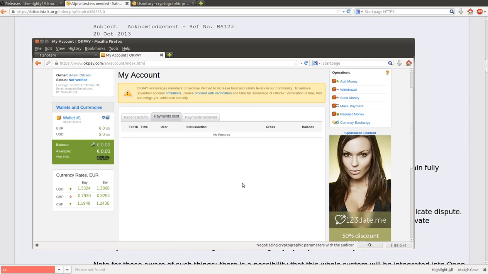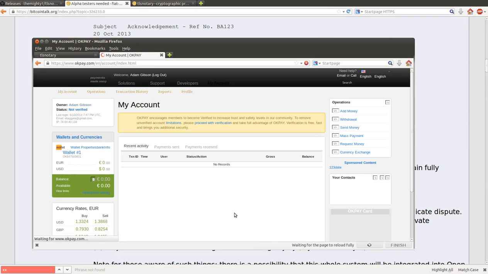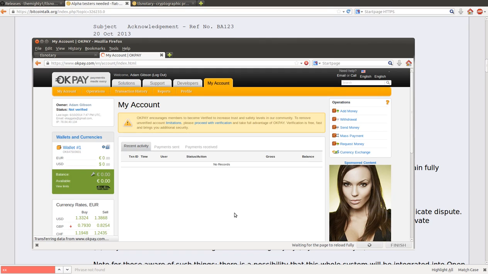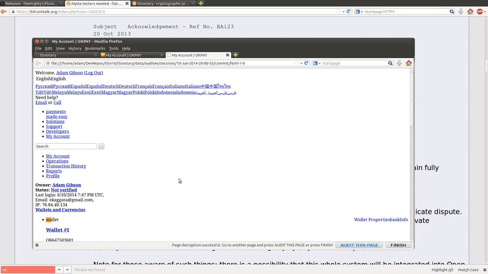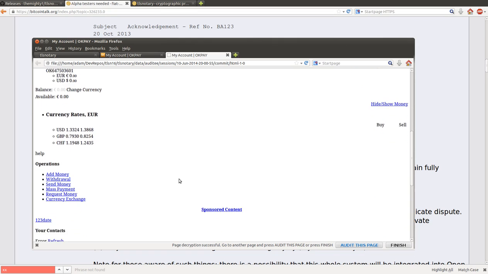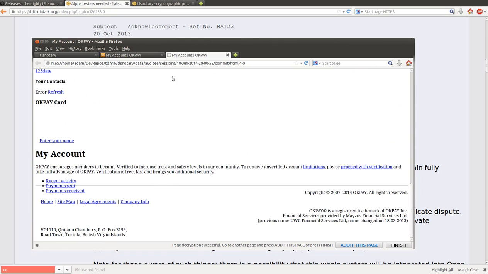Audit this page. You get some information messages here. They don't really matter. Basically, it means that the auditor and the auditee are communicating with each other to set up the necessary crypto stuff to generate the proof. But it's done safely. Refer to other documents for more details. Okay, that's finished. What's changed? Well, mainly there's a new tab here. What's in this tab? Well, we can see that in this tab is the same information as on this page, if you review it carefully, but